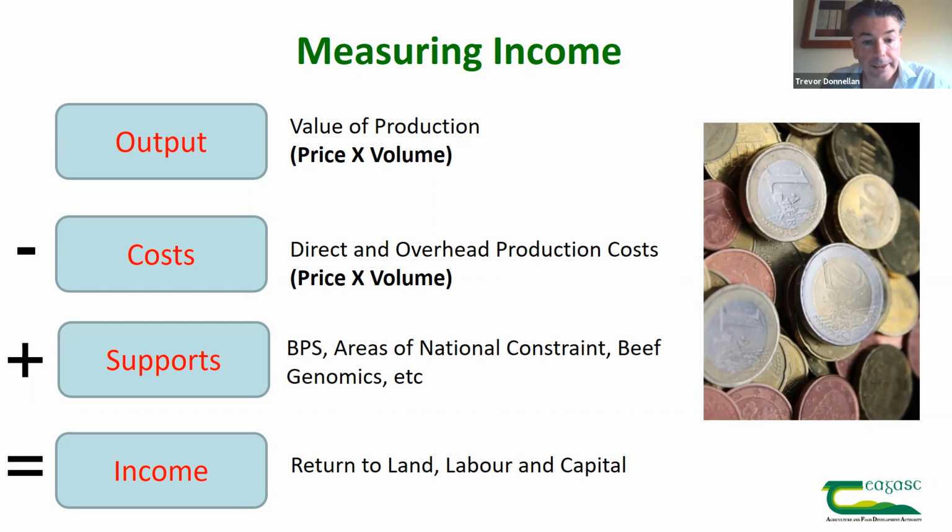type. Hired labour is included in the costs that we estimate, but the labour of the farm operator's spouse or other family members is unpaid, so that does not appear as a cost in the calculation. So the income of the farm has to cover that labour as well as the land and capital tied up in the farm as well. And that's just the international methodology that we use at an EU level. That's what we're required to do in terms of reporting of farm incomes to Brussels.